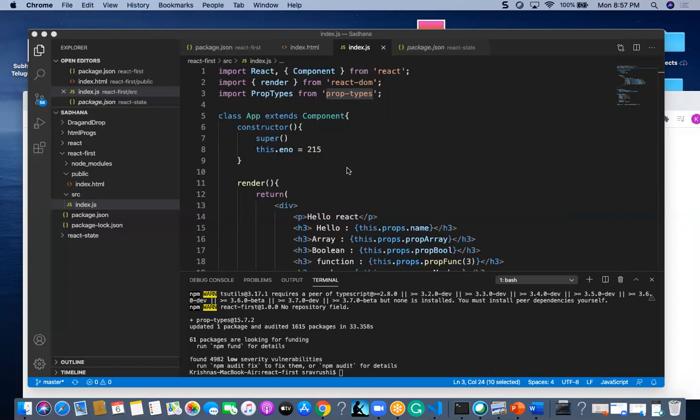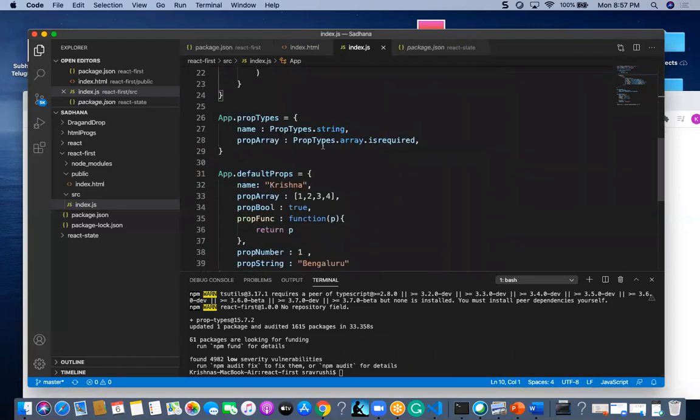So once you are done with this installation, you'll be getting this prop types here.